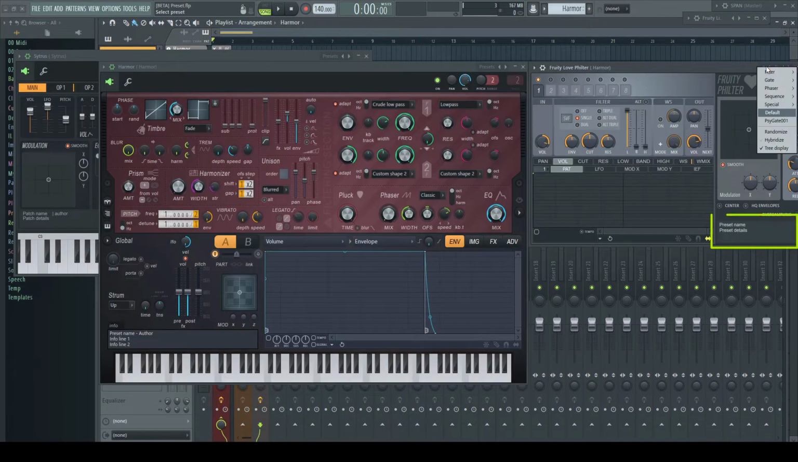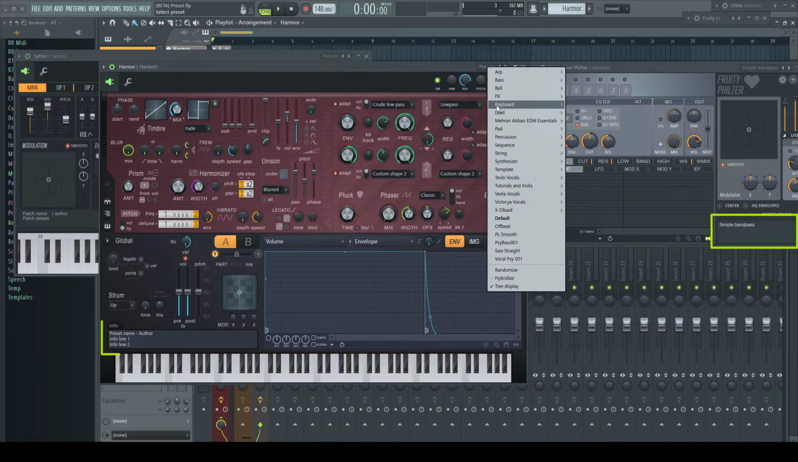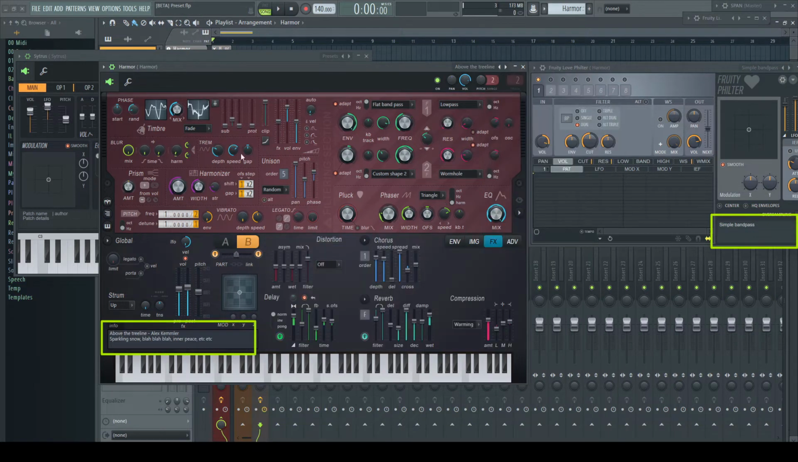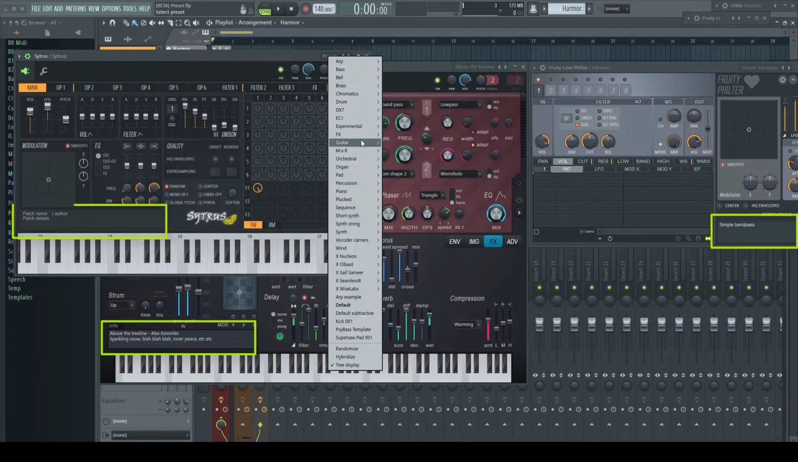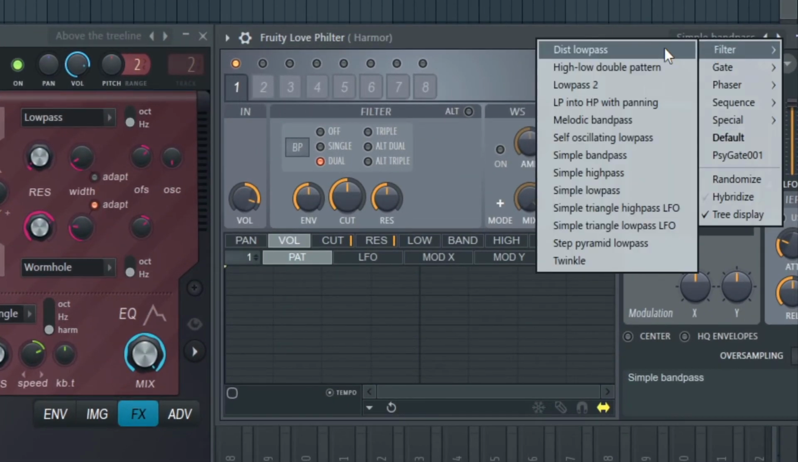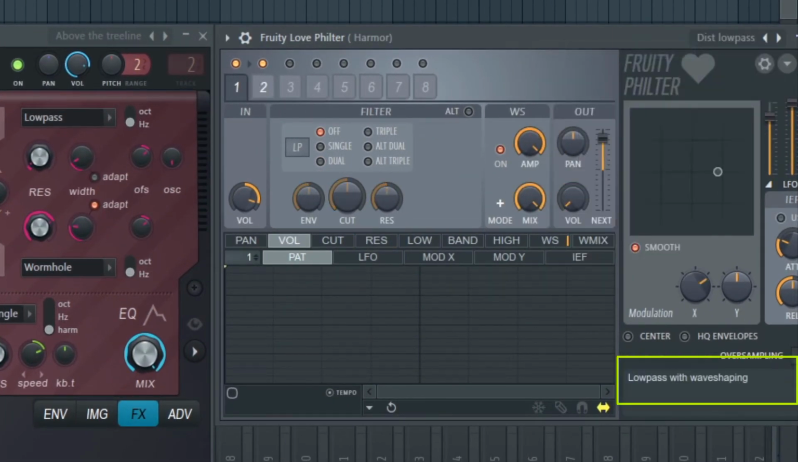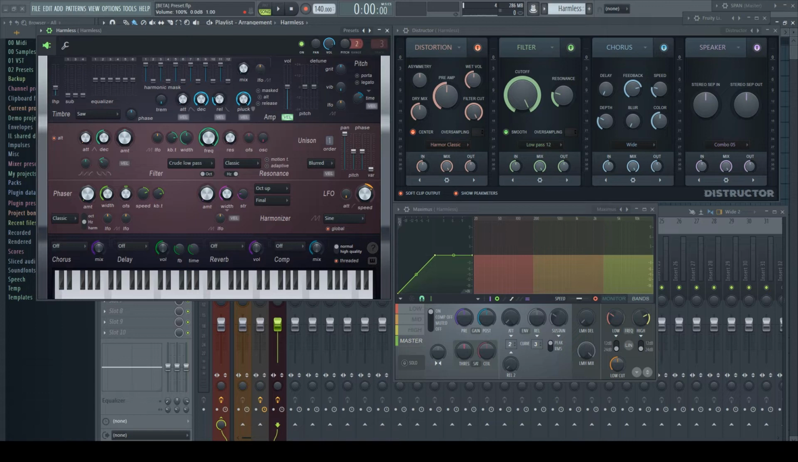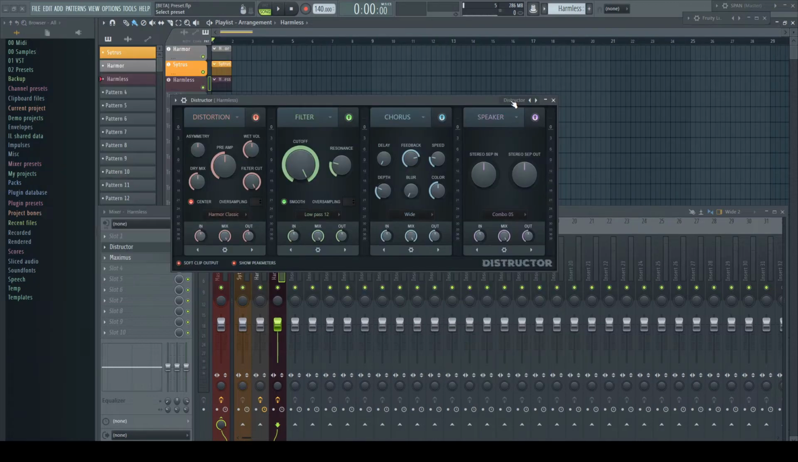And yes, of course, there are some plugins which have an info field, which shows the preset name if the creator took care. But there are some presets which don't have any info, or the preset name is not the same as in the list. Low pass with wave shaping is to me something different than the actual preset name. Other plugins, to be honest most of the native plugins, do not have any info field, not even newer ones